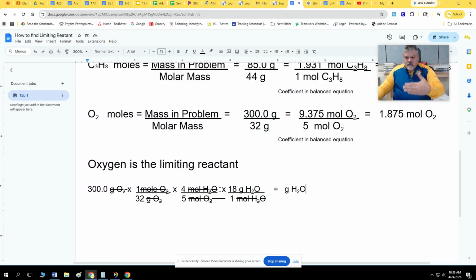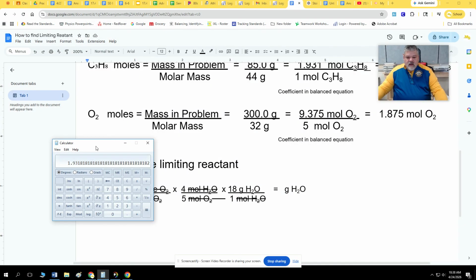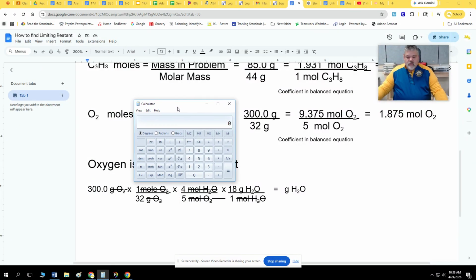So how do I get my number and how do I do these things? Well, we're going to do the math. So I'm going to bring the calculator back in, and we'll clear that. We're going to start out with our 300, and I don't have to do the decimal. We multiply by the top, divide by the bottom. So we're going to divide by 32. Then we're going to multiply by 4, that's on the top. And then we're going to divide by 5, that's on the bottom. The ones we do not have to do, because they don't change the result. And so then the last one, we're going to multiply by 18, hit our equal sign, and we end up with